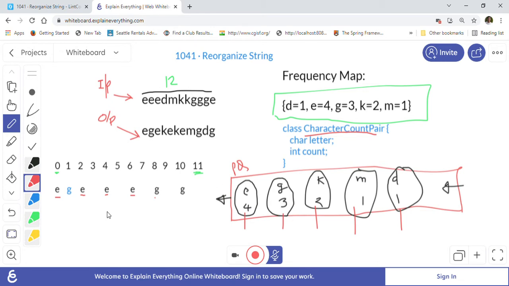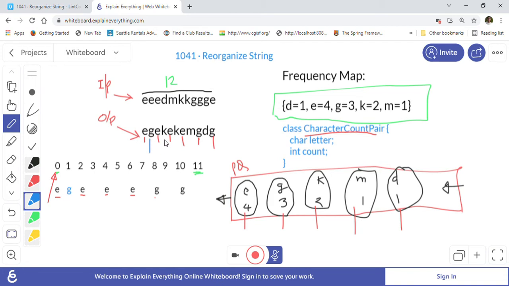And as I explained you, we will start from the even indexes. We will fill all the even indexes first with the highest priority element, like E, as you can see here, right? This one, E, then E, then E, then E. So we filled all the even indexes, and after that, next element we will take, which is G3. So we will fill G, and then again now we will go back to 1, right? Because we are filled with maximum array length. So we will start again with odd index.